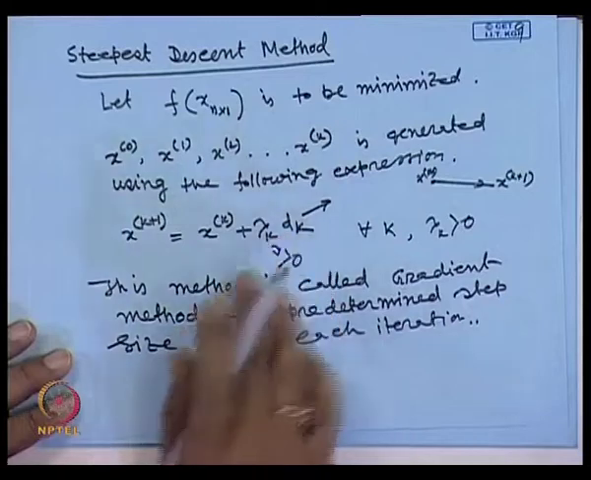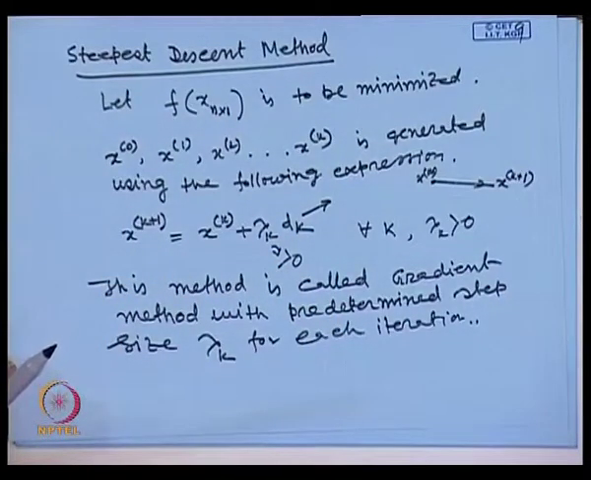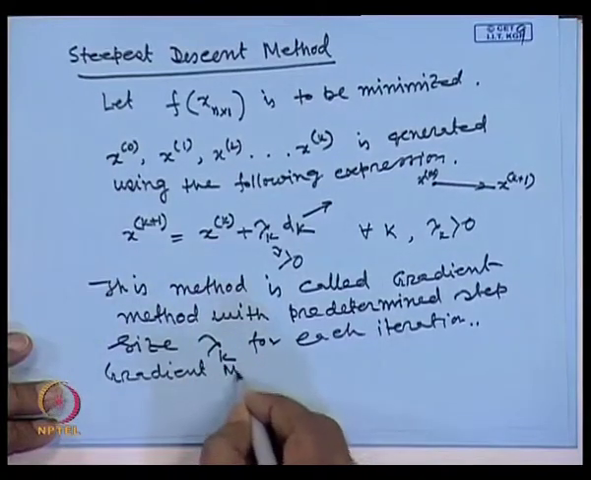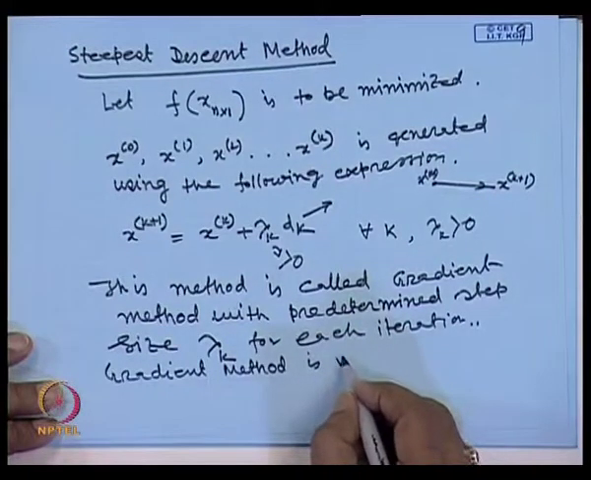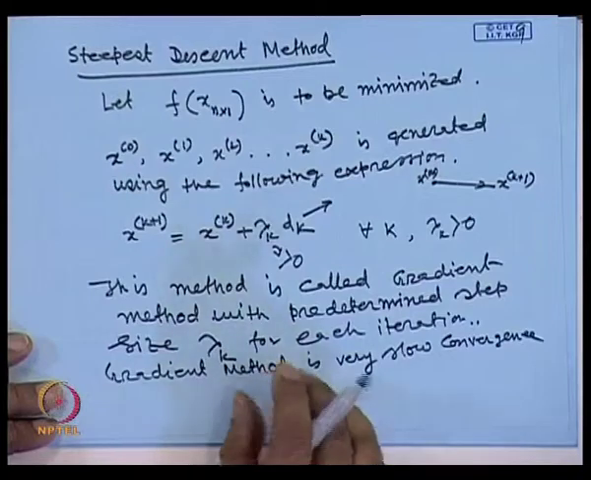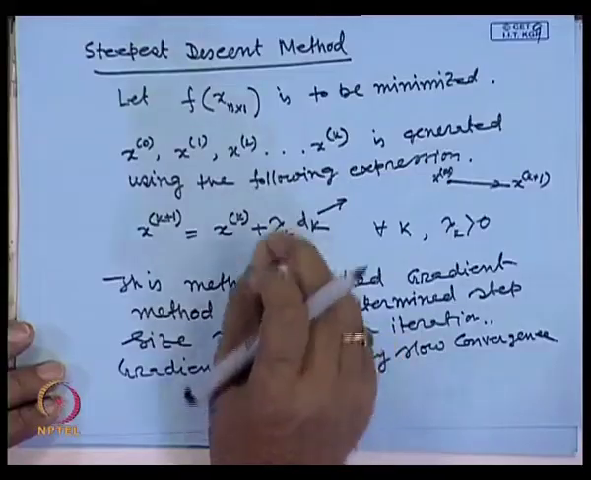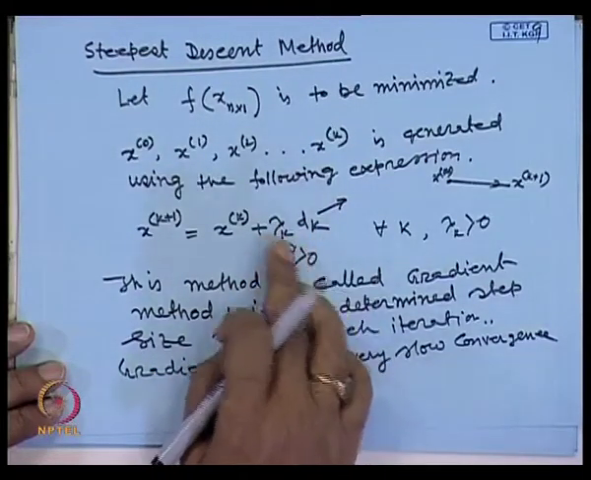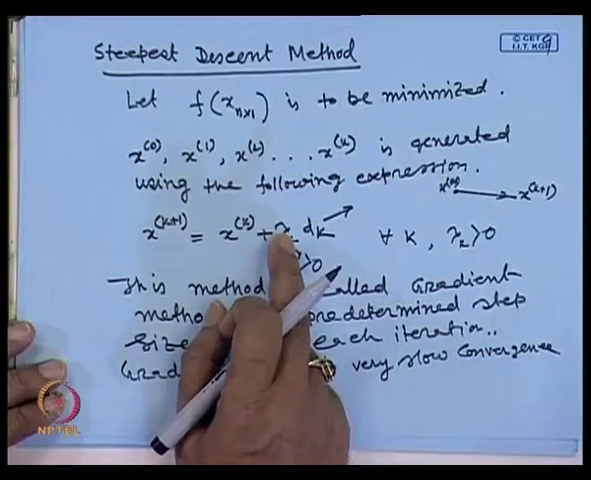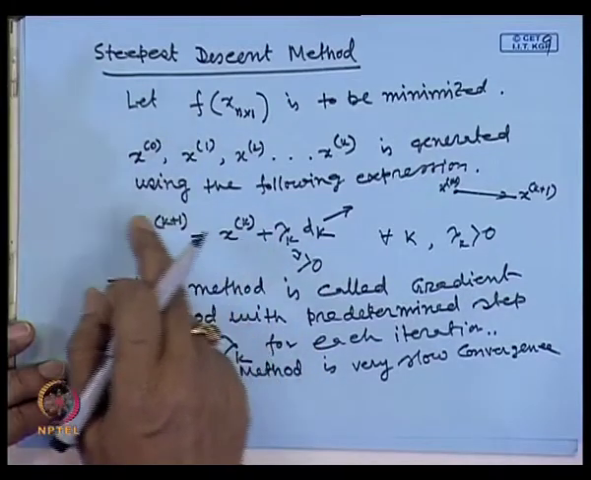So, the gradient method is very simple, no doubt, but its convergence is very slow. It has very slow convergence, but it is easy to implement. Agree? Whereas the steepest descent method is also simple, but the computational burden increases a little, because we have to find the step size lambda k optimally. That little computation burden is there, but convergence is fast, because in each iteration we find the optimal step size of lambda k